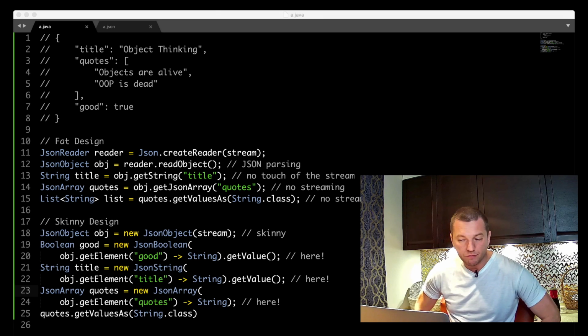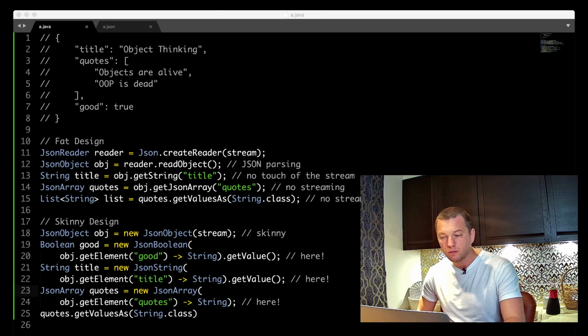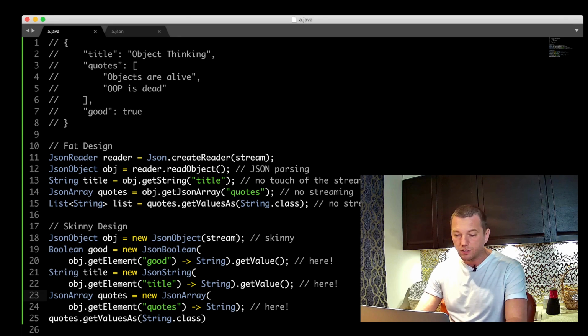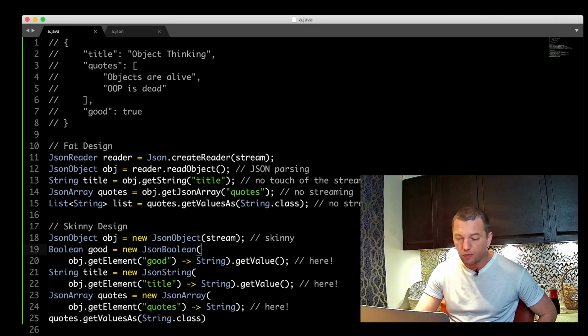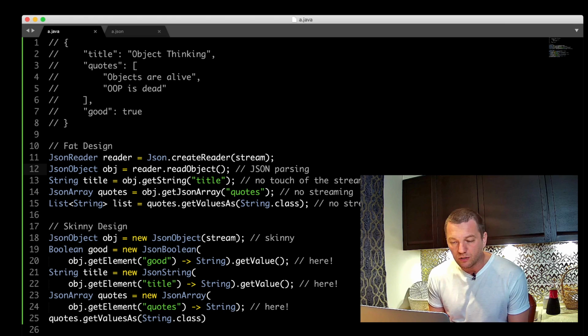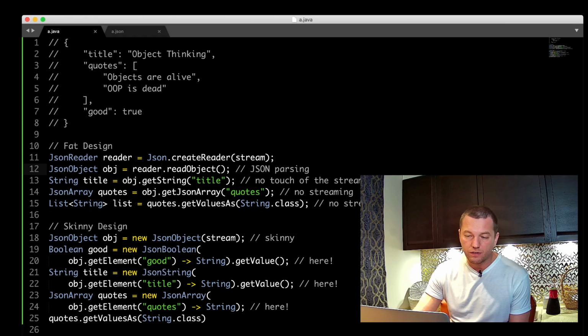Point number 3: reusability. Reusability is very important and very interesting to discuss. In this design, it is not just difficult, it is impossible, to reuse the implementation of the JSON array interface.